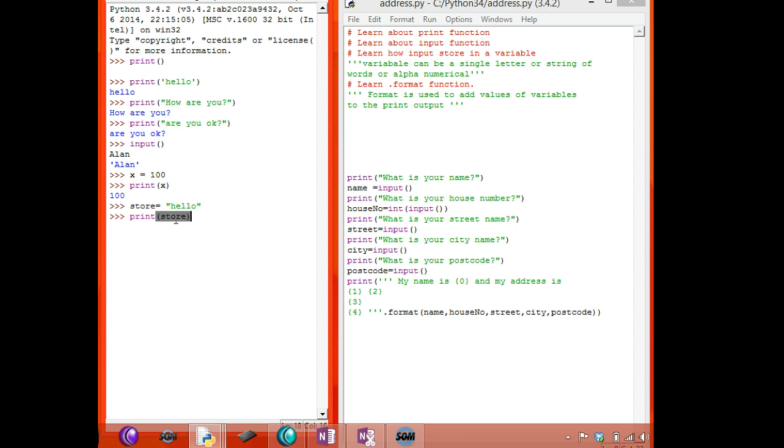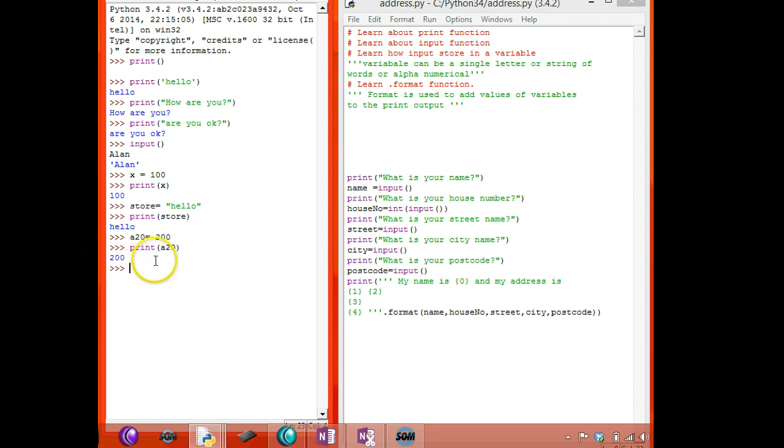When I print, now it will say hello. It could be alphanumerical also. If I use A20 equal to 200, when I print A20, make sure there is no quote, and enter, it printed the 200.